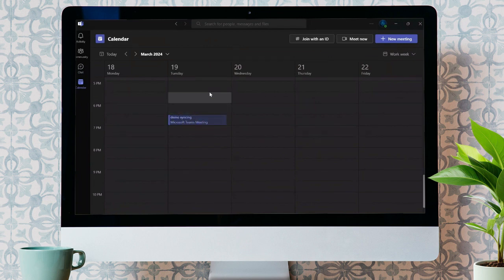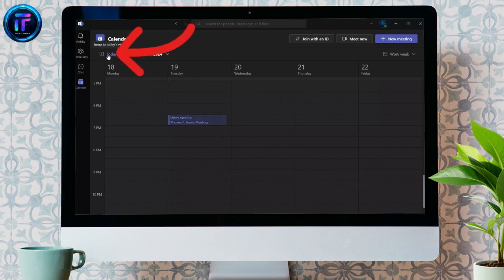As you can see, I have made this demo syncing task for 19th March, Tuesday. In order to sync this into Microsoft Calendar, you just simply have to tap on this button here which will say jump to today's view. By following this, it will show the syncing option here, and after syncing successfully, it will say you are up